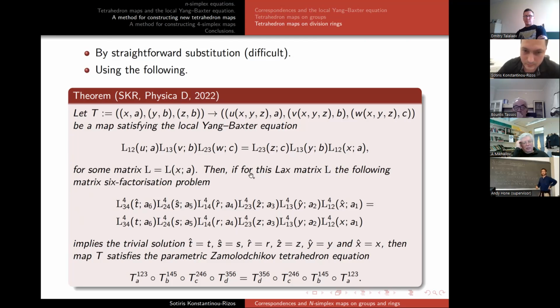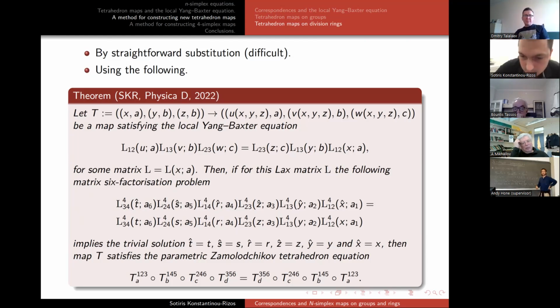We need to consider the 4x4 generalization of matrix L. I will show you later in an example how you can do it. And if this condition implies the trivial solution, so that all the hatted variables are equal to the variables without hat, then you can prove that the map satisfies